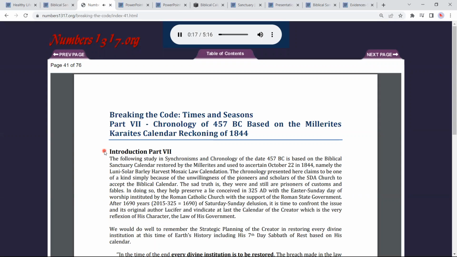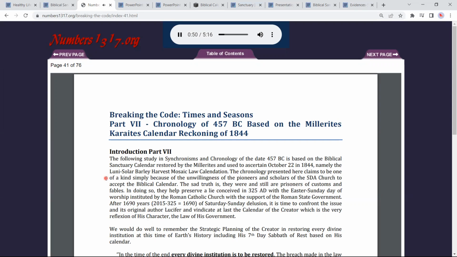Introduction, Part 7. The following study in synchronisms and chronology of the date 457 BC is based on the biblical sanctuary calendar restored by the Millerites and used to ascertain October 22nd in 1844, namely the lunisolar barley harvest Mosaic law calendation. The chronology presented here claims to be one of a kind simply because of the unwillingness of the